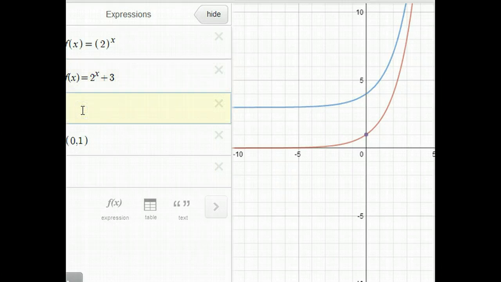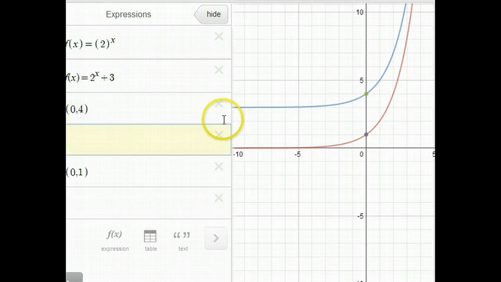How do I know it's up 3 units? Well, if you remember, in the original graph, it crossed the y-axis at (0, 1). Let's see, where does this new graph cross the y-axis? It crosses the y-axis at (0, 4),